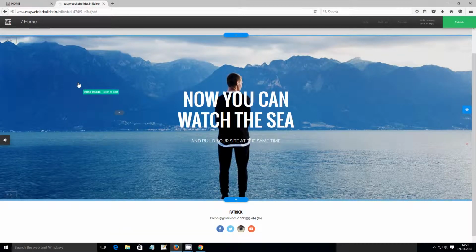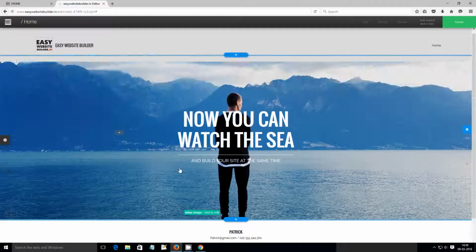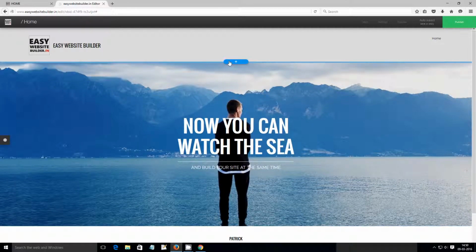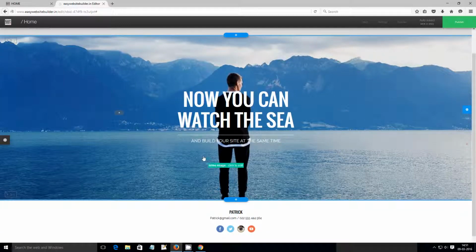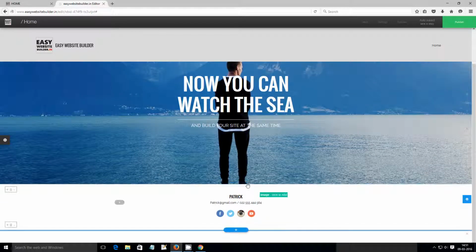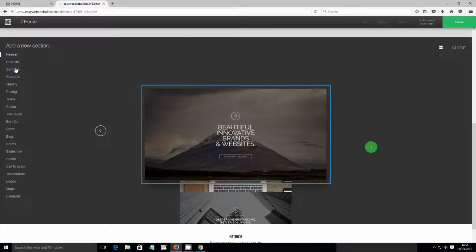So in order to import a stripe, what we have to do is click on this blue plus sign here. Now there are two blue plus signs. So if you want to import a stripe here, then you could import it by clicking here as well. But since we want to do the stripe at the bottom of the image, we will click this plus sign here to open a whole gallery of stripe options which are there in the left panel,